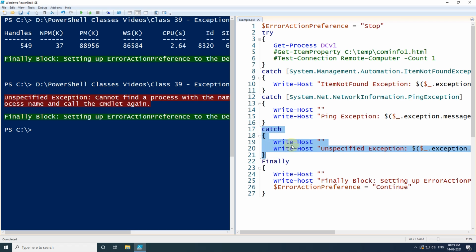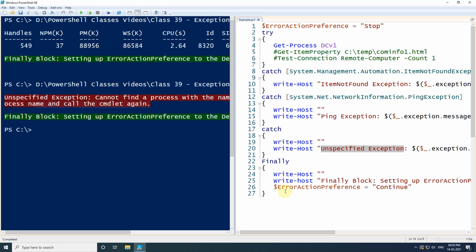So if we specify an exception type, then the particular catch block will be executed. And if we don't specify the exception type, it will be executed for all types of exception. That is the reason this block got executed. And whatever I had written here got printed on the screen.